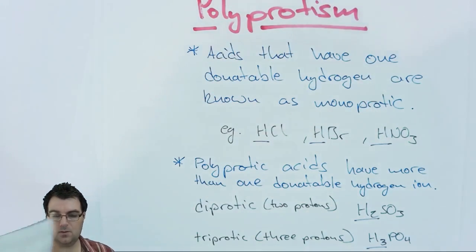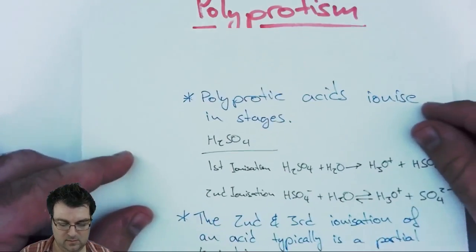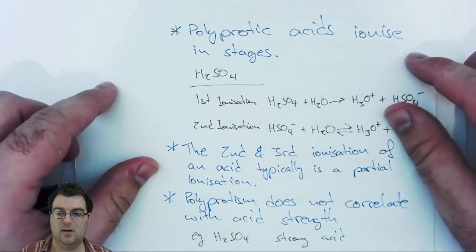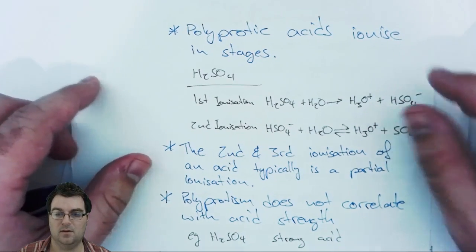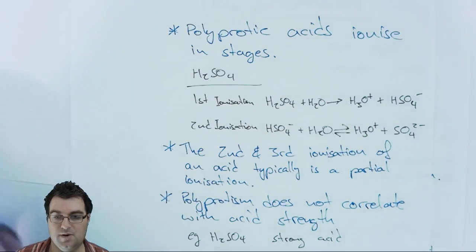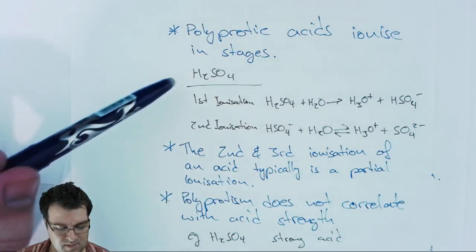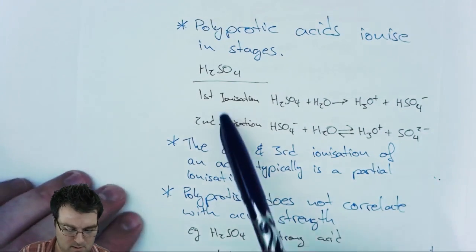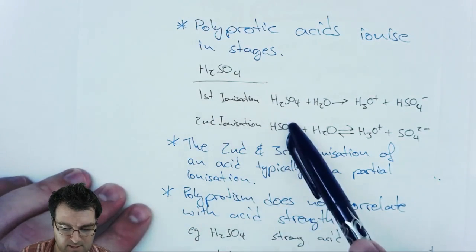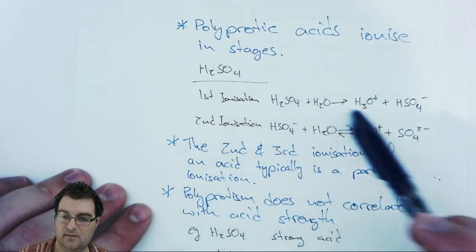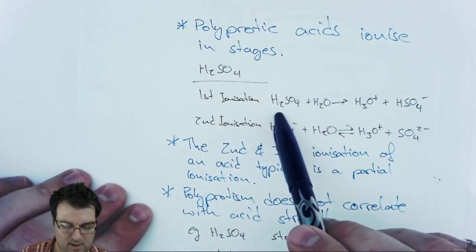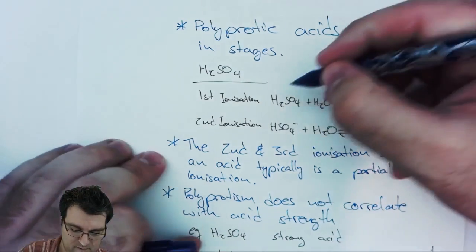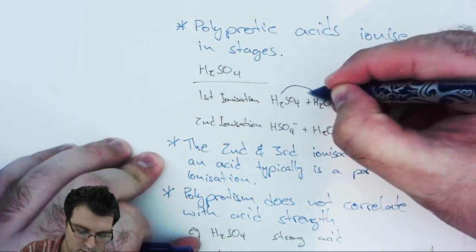Now, when we look at these polyprotic acids, there are some things we need to take note of, and that is that polyprotic acids ionize in stages. So if we take a look at sulfuric acid, that acid will actually ionize in stages. And that means we have a first ionization where it donates that first proton to water